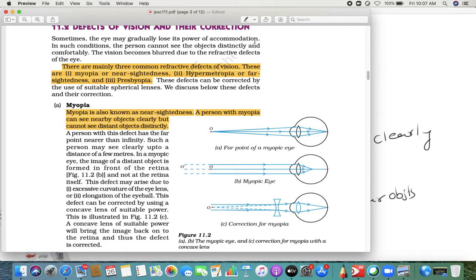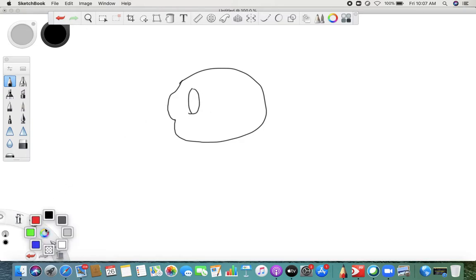So maximum of you, the ones who have glasses, the defect you have is myopia. It means you cannot see on the board, but you can see in the book. Yes, correct. So what defect do you have? Myopia. Now what happens in myopia? That I'll tell you. See, this is your eye. I'll show you also how to draw. Now in myopia, this is your lens.